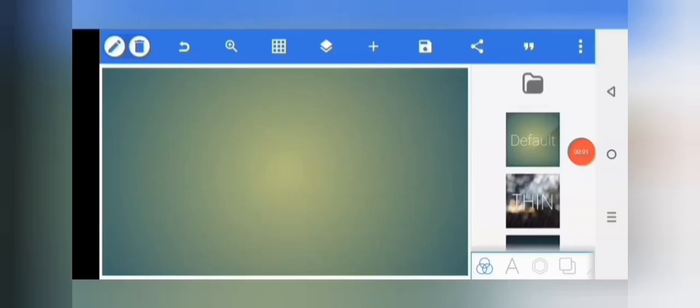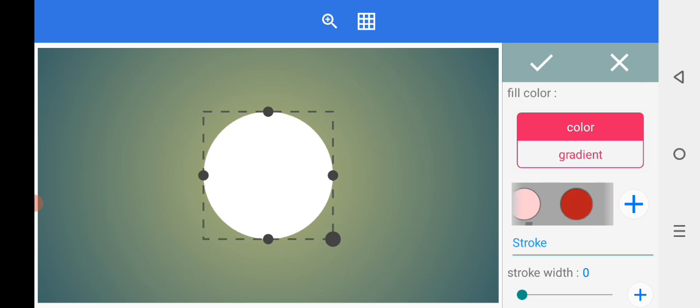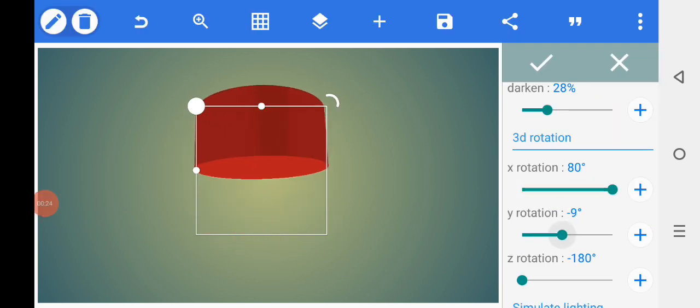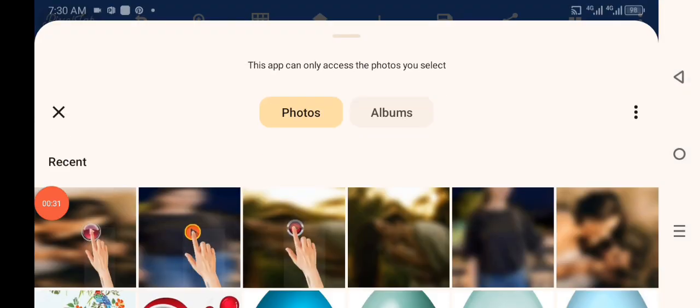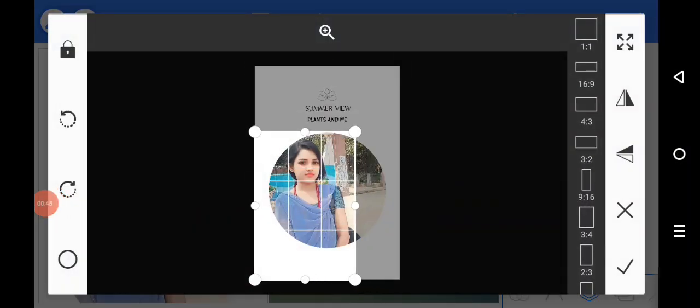Let's get started. Open the Pixel app, select the shape button, adjust the shape, change the color, select the color option, adjust the color, then select the 3D shape, enable the button down, X rotation, Y rotation, then select the import button, go to the gallery, select another shape, adjust the shape, crop the shape, select the crop option, change the